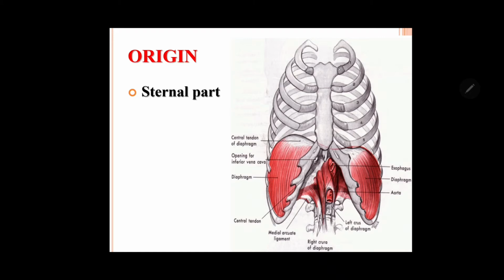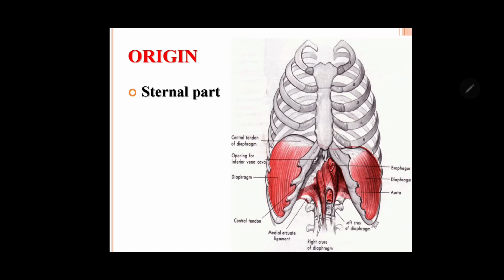You are seeing it from the thoracic side here. So this is the posterior side, this is the anterior side. Vena cava opening is roughly quadrilateral, esophageal is elliptical, aortic is round. They are present at different levels. If you see in the sagittal section, the vena cava opening lies at the level of T8, esophageal at T10, and aortic at T12, because the diaphragm is a dome shaped partition, with convexity towards the thoracic cavity.